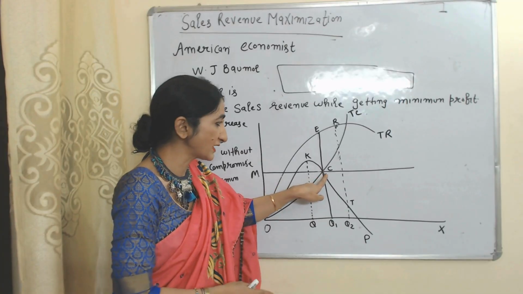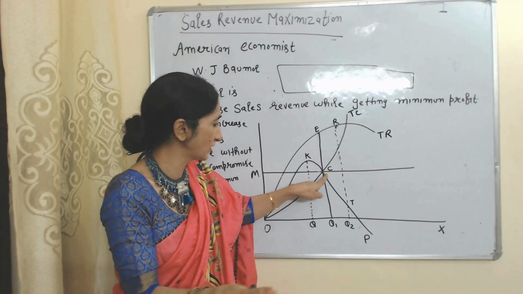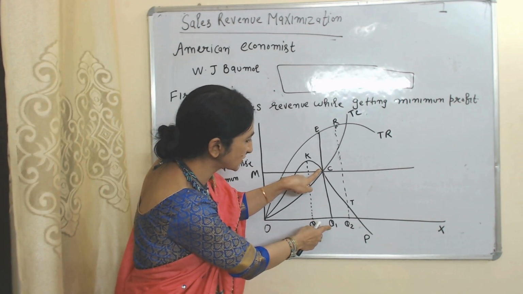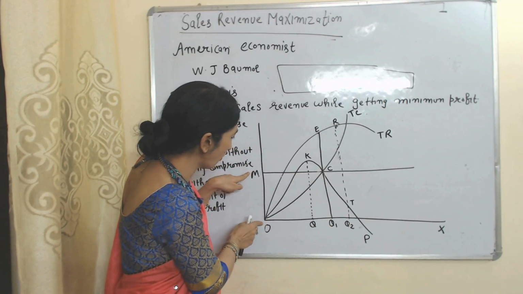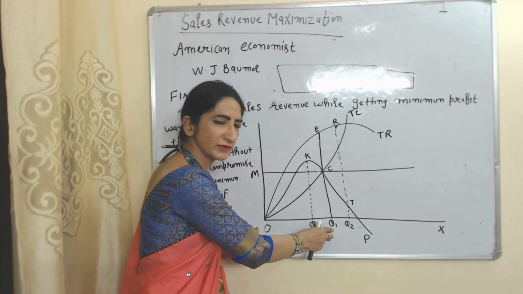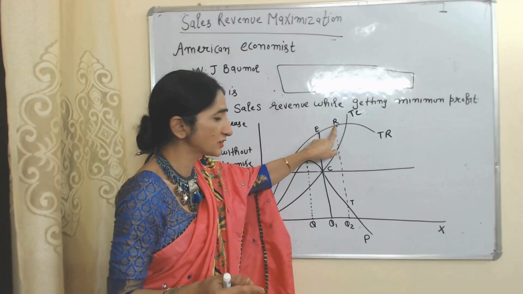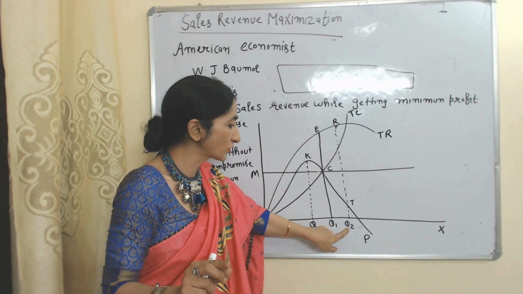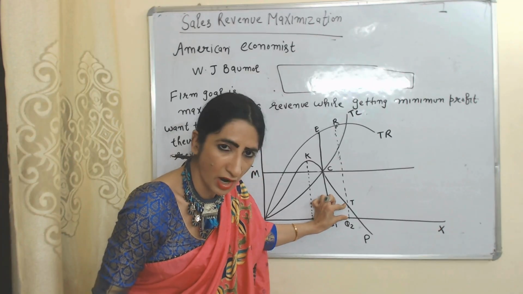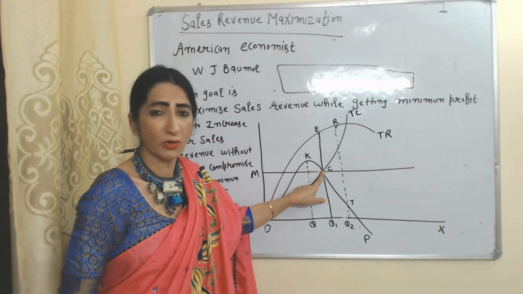So we can say that C is our equilibrium point. At this equilibrium point, firm is receiving minimum amount of profit. Here you can see our minimum amount of profit is equal to OM, and at this point firm is receiving profit equal to CQ1. The CQ1 is equal to OM. So C will be called our equilibrium point and OQ1 will be called our equilibrium output. OQ cannot be our equilibrium output. No doubt R is revenue maximization point, but at OQ amount of output, profit is very less. We are receiving only TQ2, which is very less as compared to minimum amount of profit. That's why C will be called our equilibrium point.